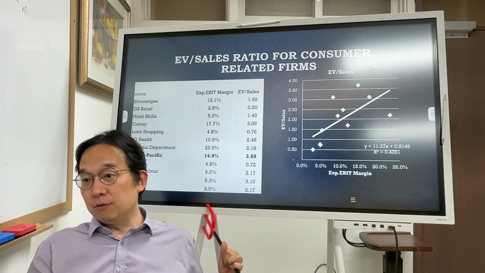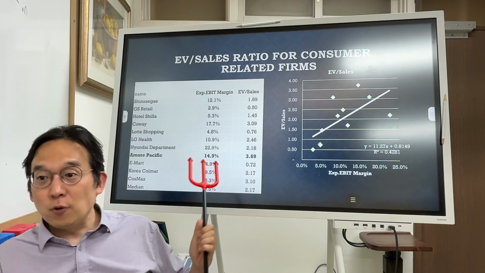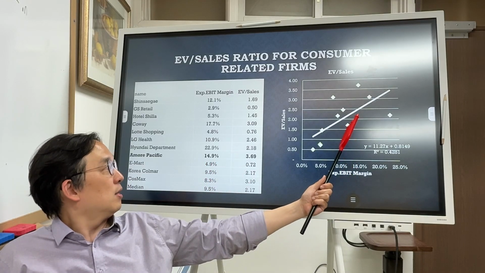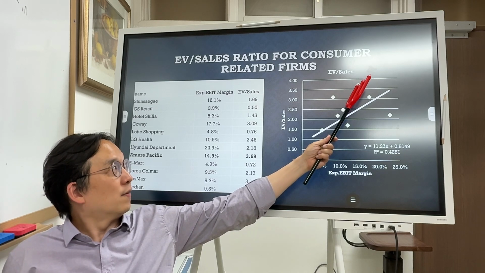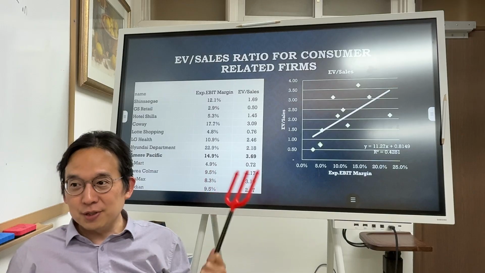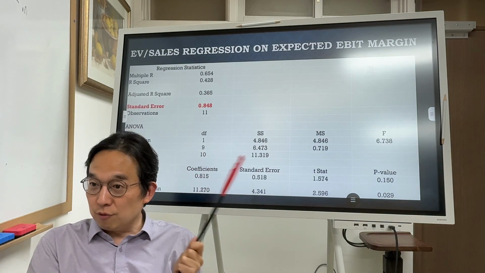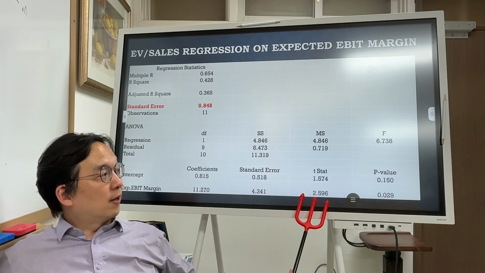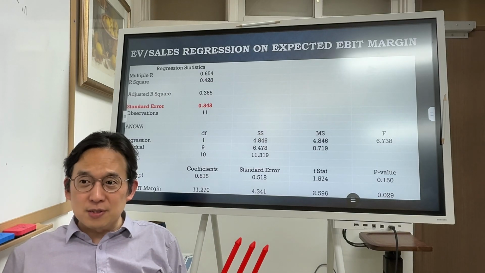And then there's the median over there, and then where's Amore Pacific? 14.9% EBIT margin, which is about here, and then 3.7, which is about there. Okay, so is it overvalued or fairly valued, right? That would be the question. Now, for the EV to sales ratio, we do run a regression, and then the t-statistic is significant, right? At 3% or 5% significance level.